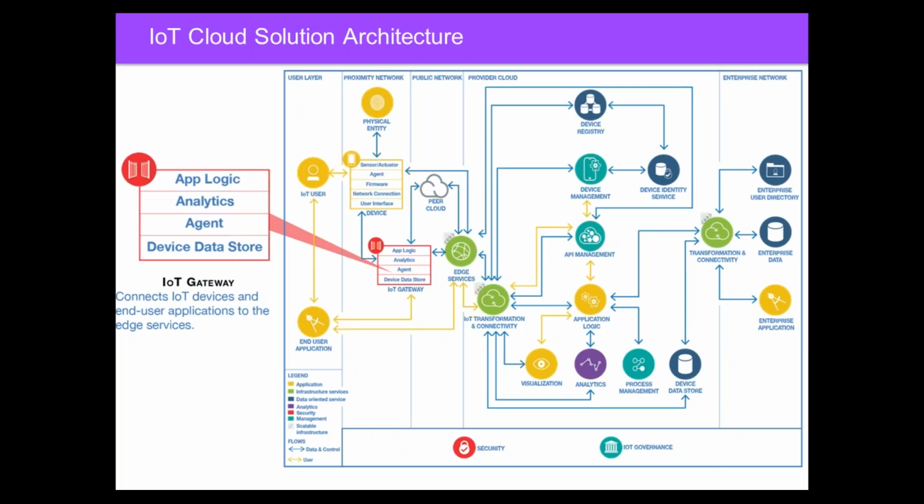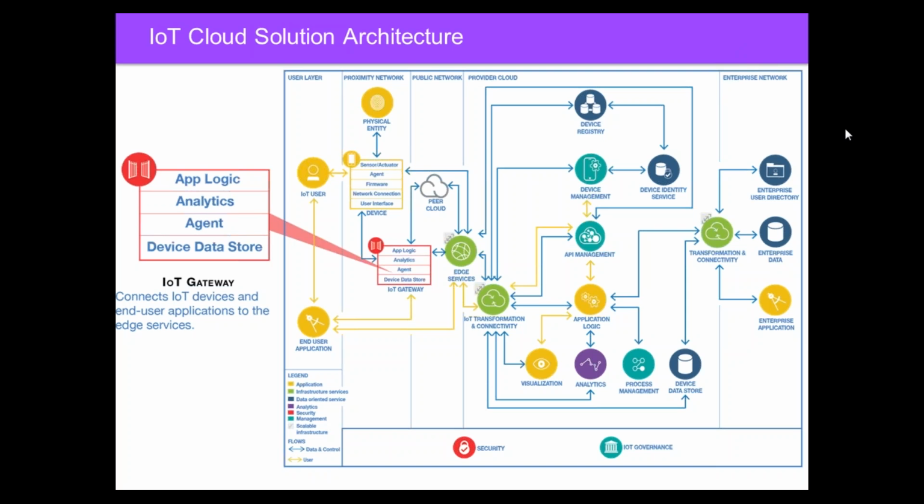So we have application logic. This is the actual gateway, the things that can run on a gateway. And think about this a little bit beyond what you would in a typical network type gateway where all you're providing is connectivity. In this case, we may provide some storage for some data, where we may be keeping it at a lot more granular level of detail than what goes up to the cloud.